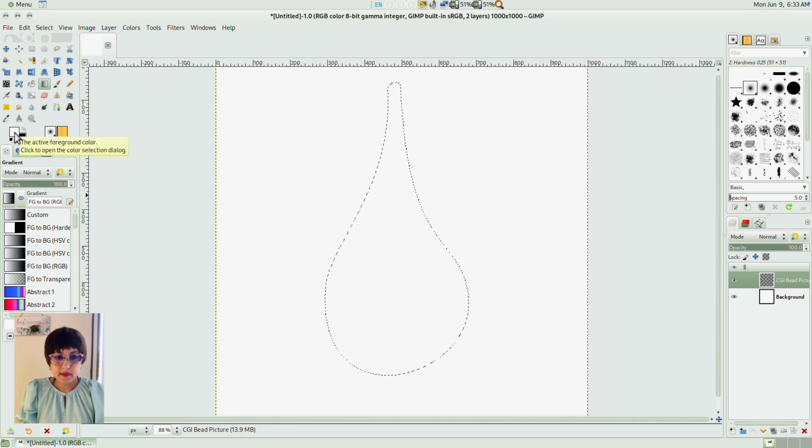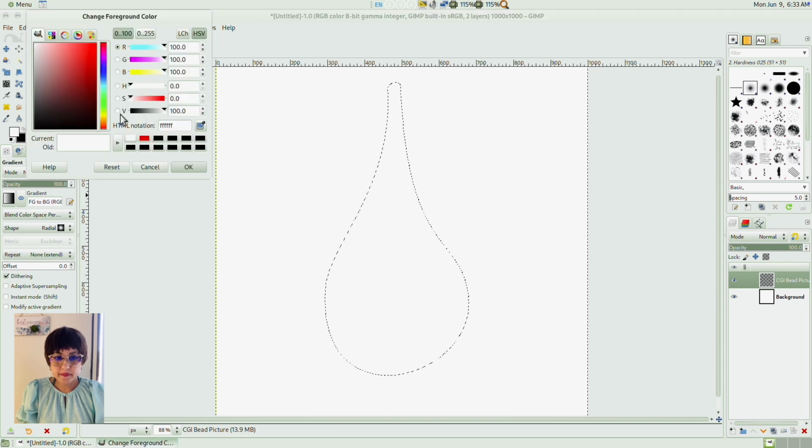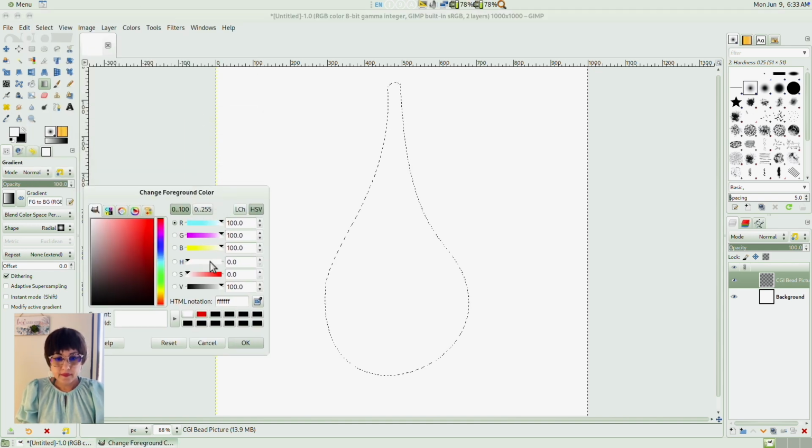Color. I like that color picked out previously. But here, different colors can be selected using the palette as well.